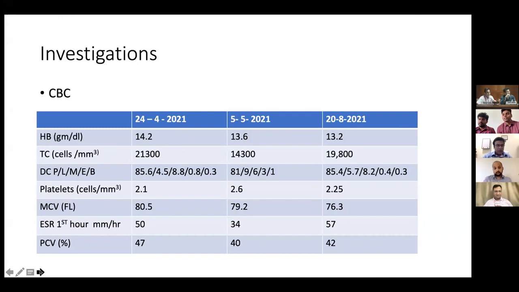Could you say it again, please? Yes, go ahead. During the course of the hospital stay, the leukocytosis came down and PCV improved. And during the second admission, the patient again had increased total counts with similar